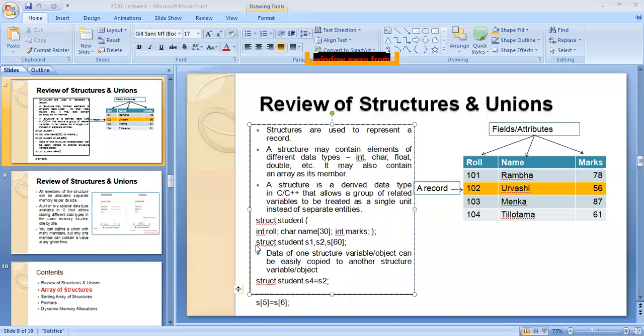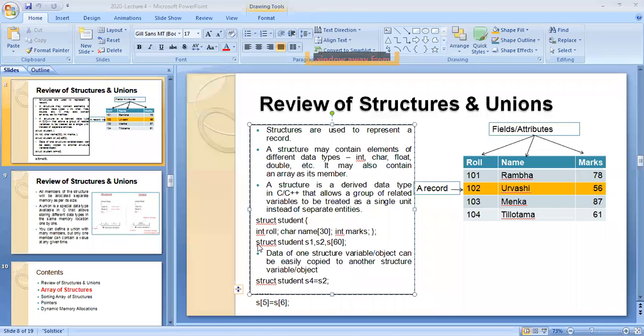Your attributes, your roll number, your name, your marks, are all called structure elements or structure members. How many students are there? Suppose there are 60 students. Those are called structure variables, because for each student there will be a unique roll number, a unique name, and marks may be the same or different. Understood?